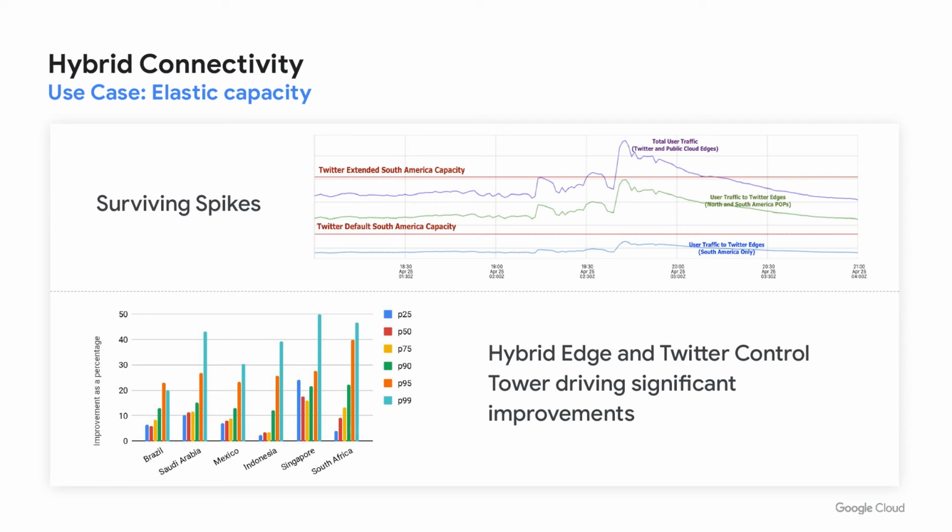I have an anecdote that I would like to share. One event that we had to deal with was a Big Brother TV show in Brazil. Viewers are encouraged to vote for their favorite contestant during the show and to vote on Twitter. All this simultaneous inrush of user traffic is causing a big spike in our workload. This is way above the normal workload that we see there.